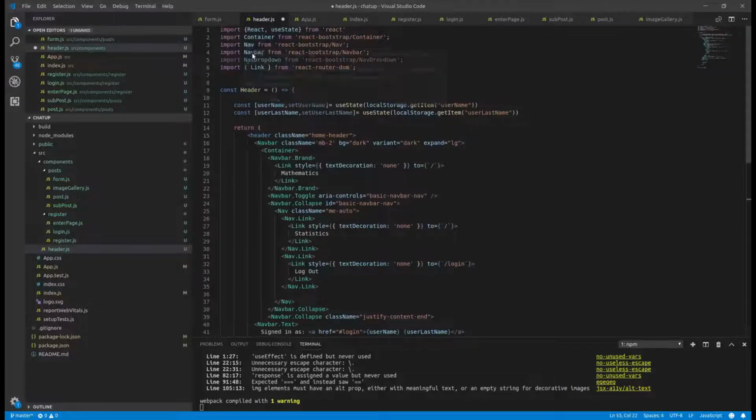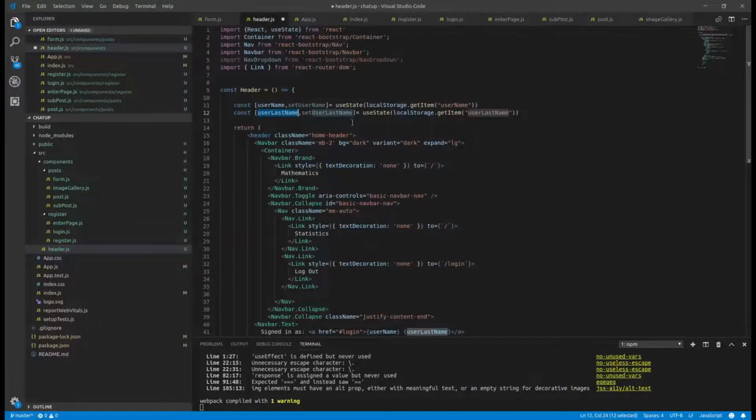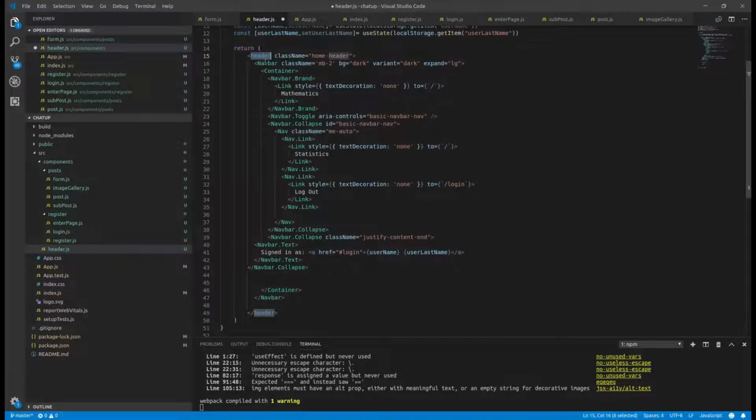This bootstrap, a link, an element from React Router DOM. We get the username from the local storage, the last name from the local storage, we get a header, HTML header,